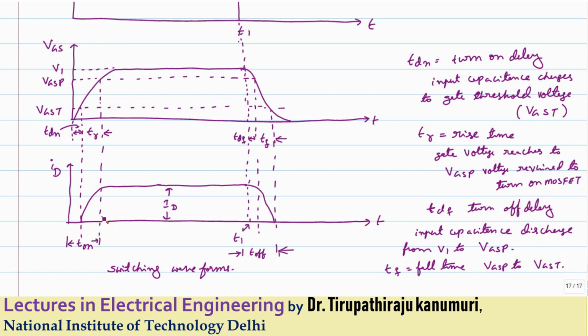In this case, as only one type of carrier is there, the turn off and turn on times are very small in the case of a MOSFET when compared to a BJT. But the disadvantage of this power MOSFET is that it has a very high on state resistance drop. Because of this, losses are more, so the power is limited. The second disadvantage is that it cannot be used for high voltages, because if you want to go for high voltages, the size increases drastically and again the resistance also increases.